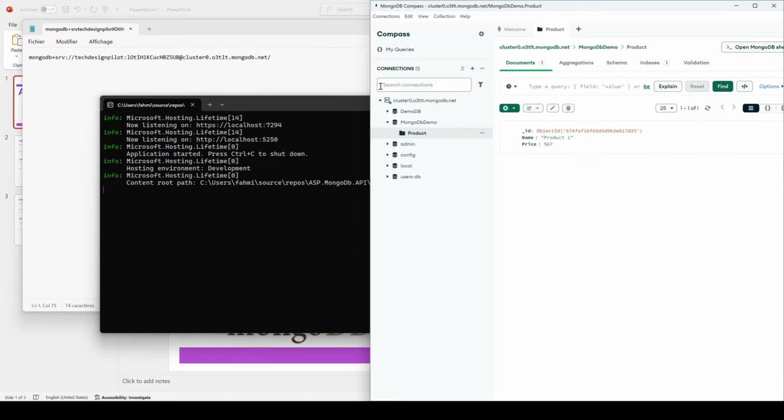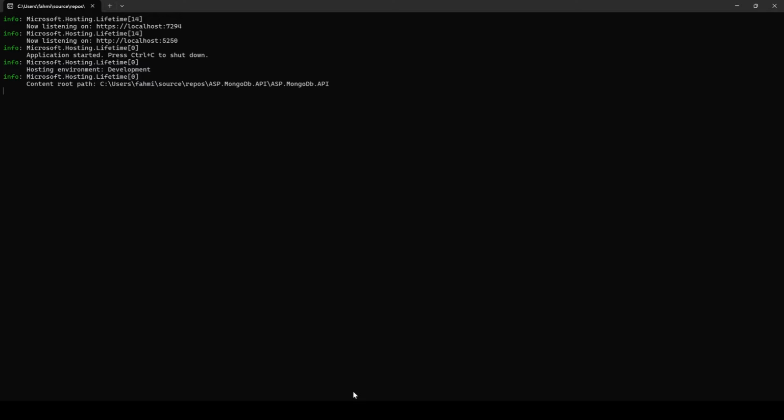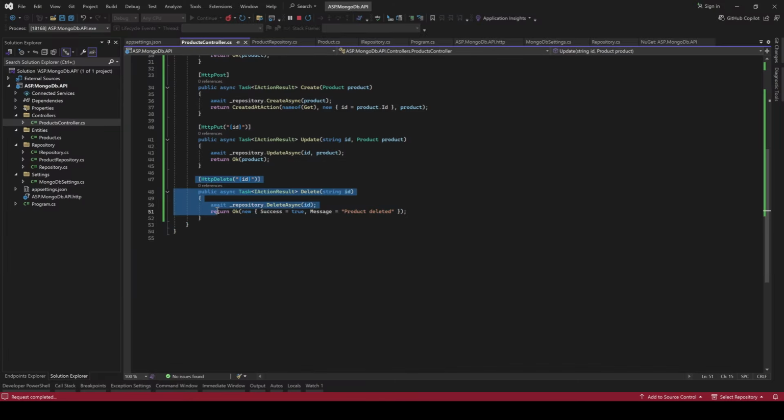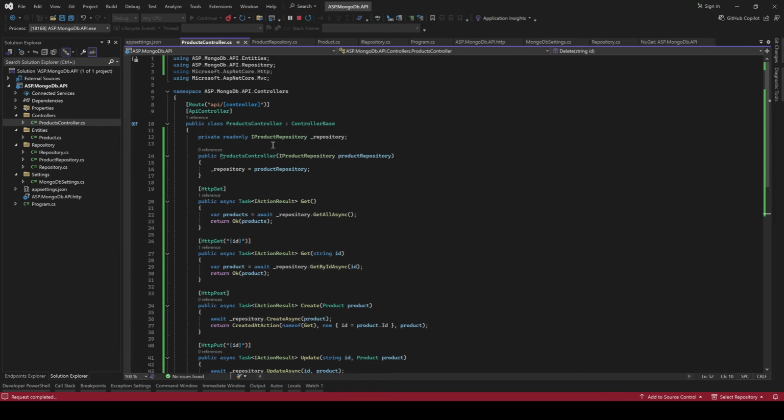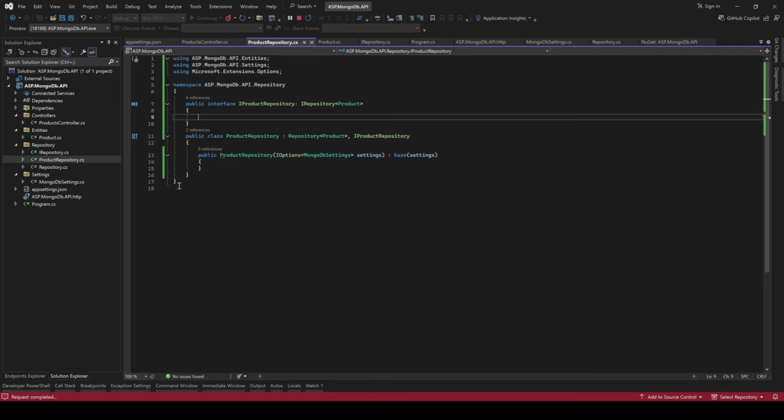We're going to just discuss how we can extend the product repository to have more product specific functions or actions within the product repository. And to do that, let's say I would like to retrieve a product or products within a range. So I can create a new method there and then implement that method within my product repository implementation. To do that, I'm going to create a new method within my IProductRepository, which is the interface, and that method will be of type task,